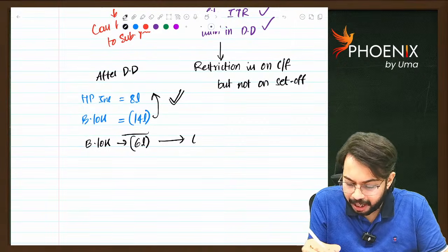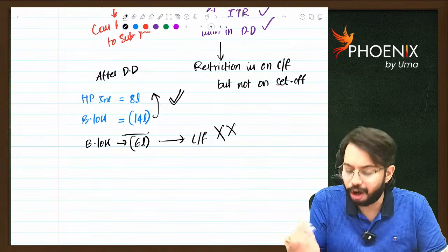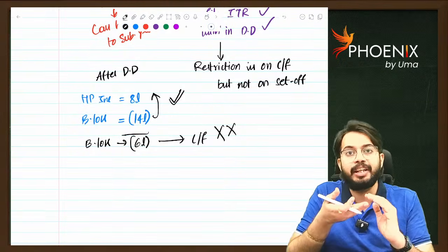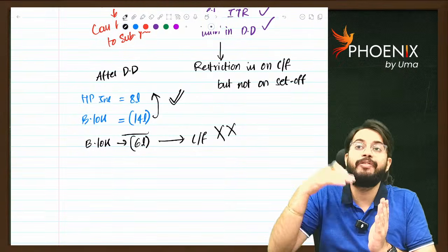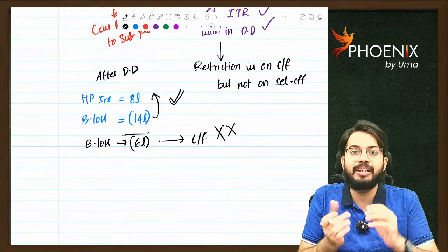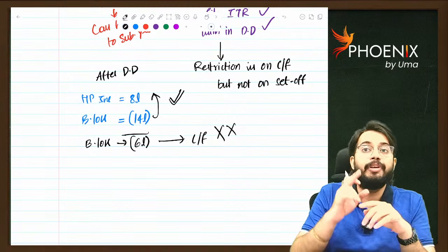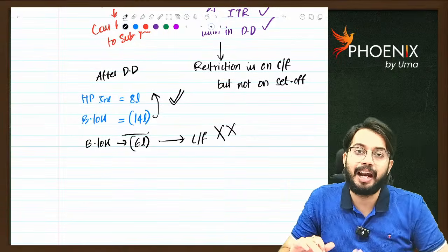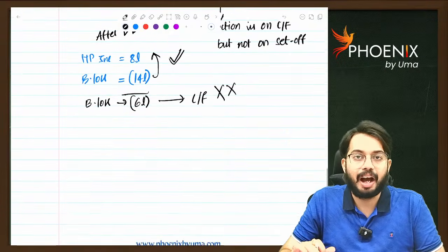Now, can you carry forward this business loss? You cannot carry forward. That means what? The restriction is not there on current year set off. Even though you file ITR after the due date, still in the current previous year you can do set off. But if you want to carry forward to subsequent years, then mandatorily you are required to file ITR within the due date. Are you able to understand?